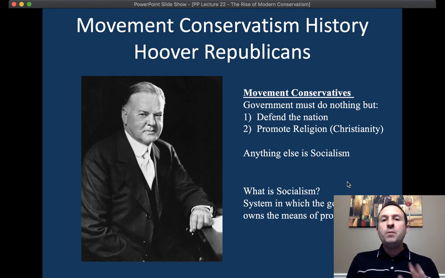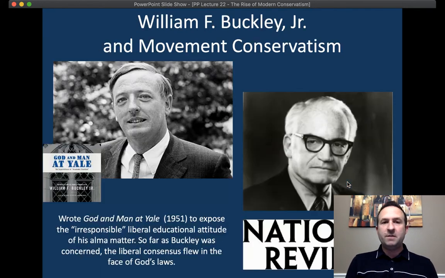Now, this group of people called themselves movement conservatives, and they began to organize an attack on New Deal programs. And they really get their start as an organization. Again, up to this point, it's all been theoretical. There aren't really movement conservatives. There's these industrial capitalists who hate the government regulation, that they want to be in charge. But in 1951, everything changes. In 1951,